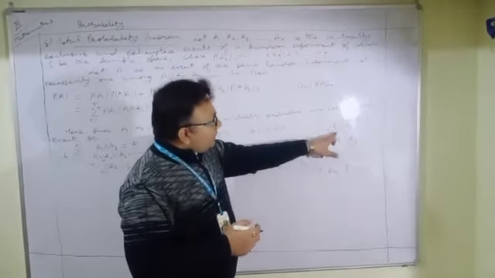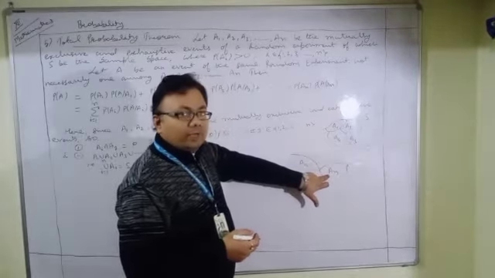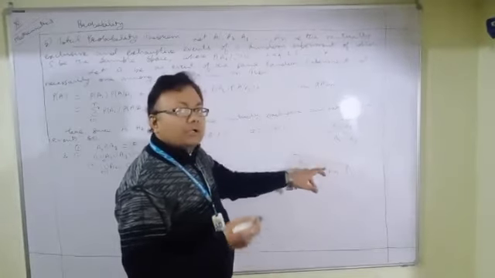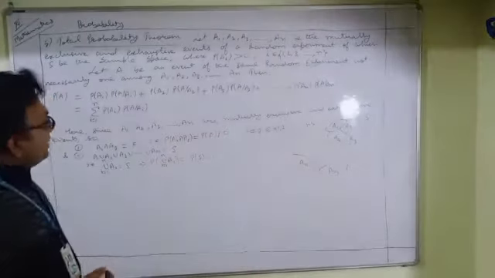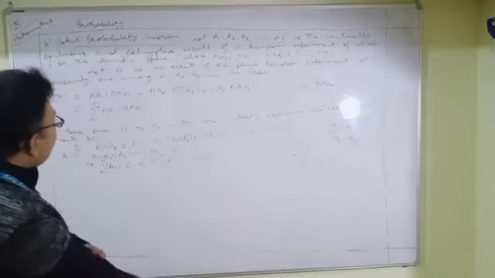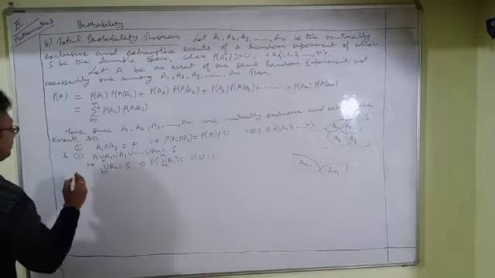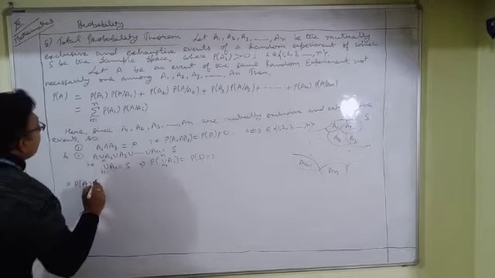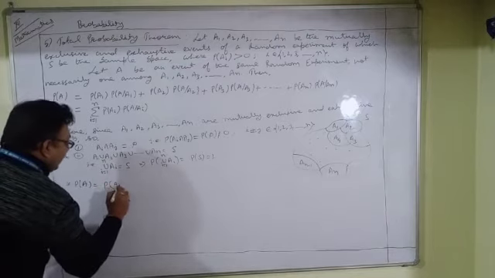So this is how it is shown. Here S has been divided into n events, and all of these n events are exclusive; they do not contain any common element. I hope you have understood the meaning of mutually exclusive and exhaustive events. One more thing I want to show you regarding the total probability theorem: actually, probability of A is equal to, here it is, probability of A intersection A1,